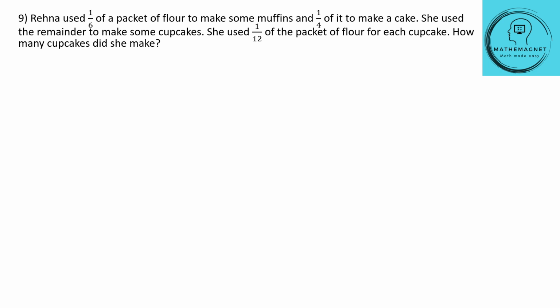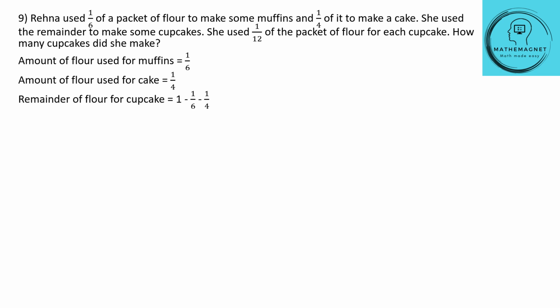Here the first step is to find out how much of the flour was left over after making muffins and cake for her to make cupcakes. Okay, that is step number 1. To find that, let's write out the information that we have. Amount of flour used for muffins is 1 by 6. Amount of flour used for cake is 1 by 4. So the amount of flour that is left over, which is used for cupcakes, will be 1 minus 1 by 6